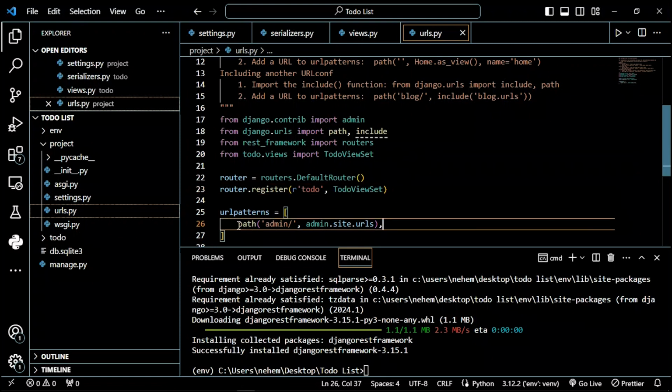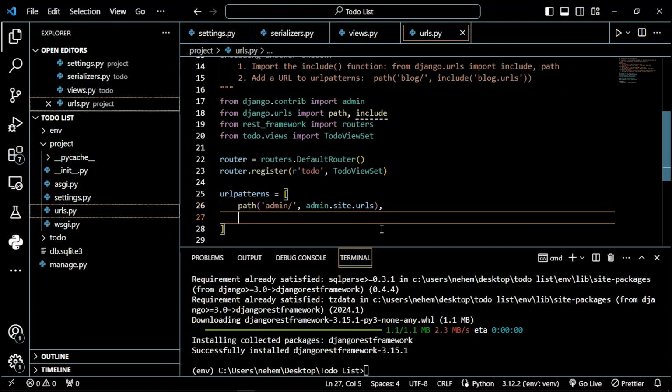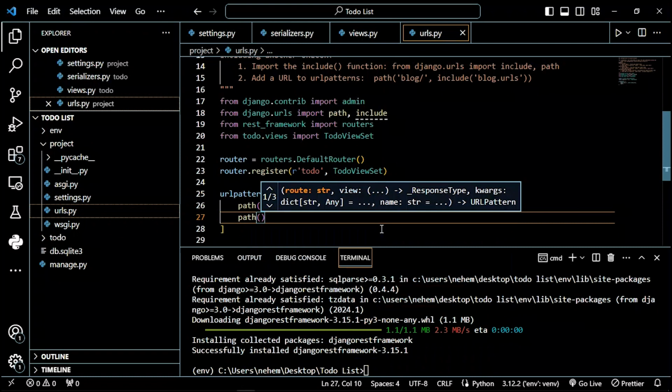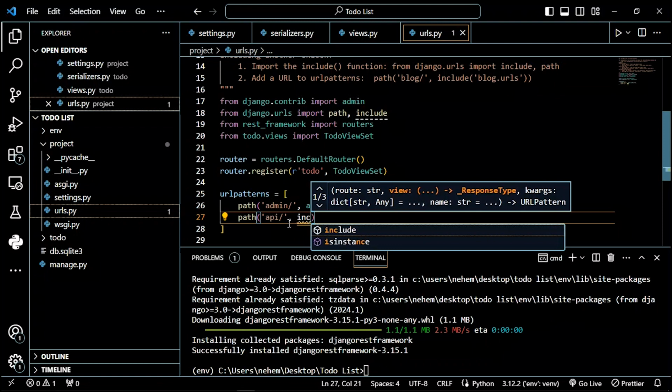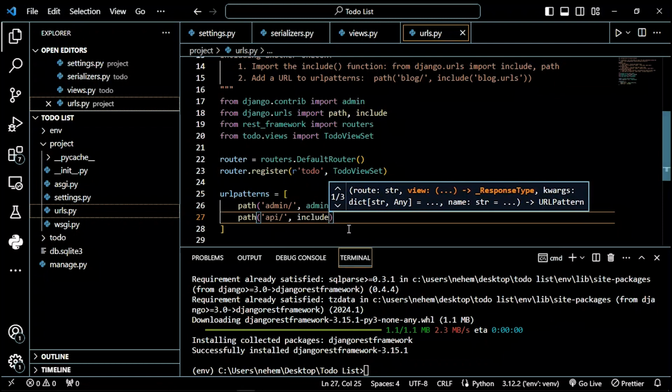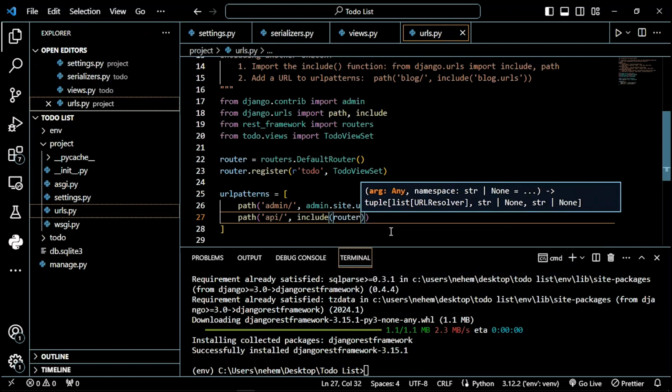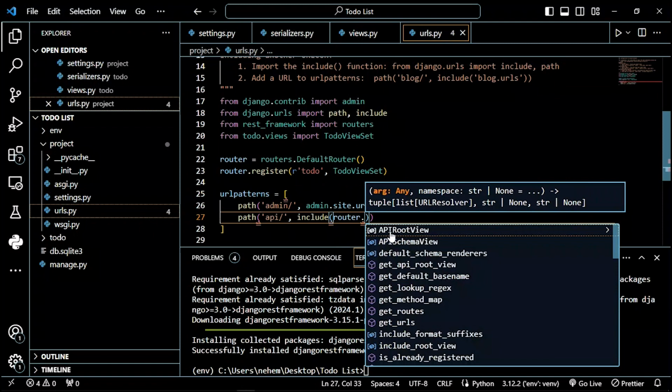So first of all we need to have the admin, so it should be there. Then the other thing is the path for API. So API is going to be api/ and then comma, and then we're going to use the include, and then we're going to use the router dot